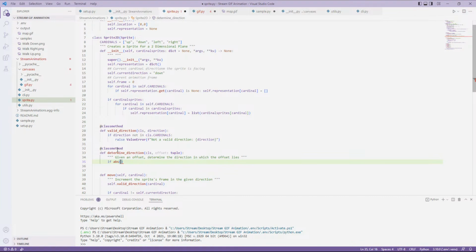A -1 is equal to a +1 because it's relative to 0. It's the distance from 0. So 0, 0 being our current square. If abs offset 0, and again, we're doing XY coordinates, not YX coordinates, is greater than or equal to abs offset 1,